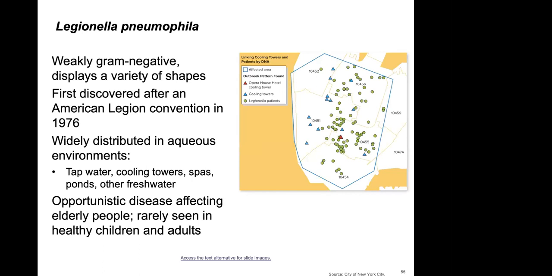Legionella pneumophila is also a cause of pneumonia. It's widely distributed in aqueous environments: tap water, cooling towers, spas, ponds, and fresh water. It is an opportunistic pathogen that affects elderly people. It's rarely seen in healthy individuals and in adults. This was first discovered in 1976 at the American Legion Convention, in Philadelphia at the Bellevue Hotel on South Broad Street. It was one of the first hotels to get the